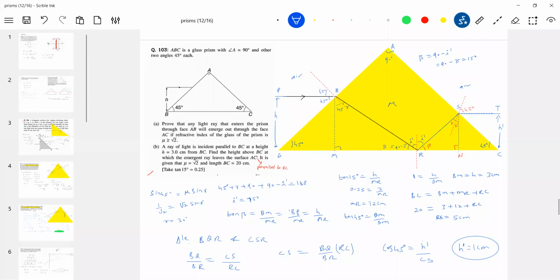I just assumed all these things, then I reached it. I think I should mention parallel to BC, I feel. Then afterwards, I checked with this length QR. Okay, this length QR will not be sufficient to reach till there. The ray will bend. Okay, this will be your answer.